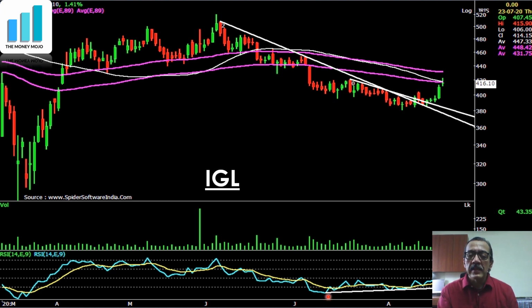But look at this, this is the RSI, and the RSI has been giving you a beautiful positive divergence. Here you can see this is the RSI, and it has been giving a positive divergence. We will talk about RSI in some other educational program that I'll be doing some other week. But for the moment, you can say that there is a confluence of factors. The RSI has supported this entire idea that IGL can go up from here.